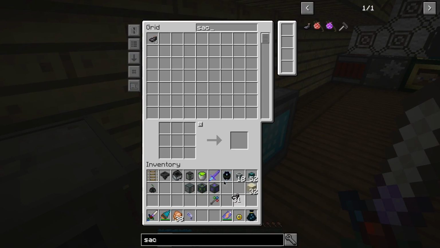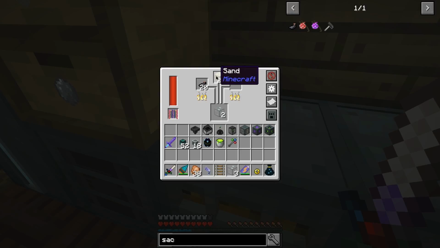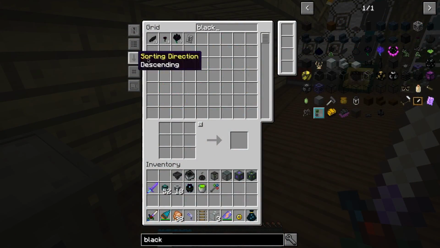There we go. Whoops. Close enough. Because this recipe should work out. Oh, that's right, it uses a lot more of the ink sacks. Dang it. Because quite clear glass... Oh, but you do use any black dye. That's helpful. We have a few black